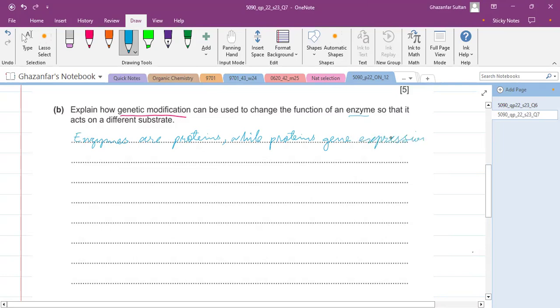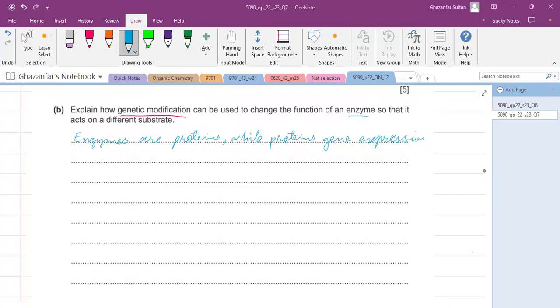And proteins are the gene expression. So if proteins are gene expression, then we should incorporate other important things from the gene. So enzymes are protein while proteins are gene expression,